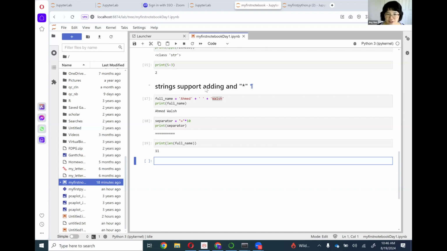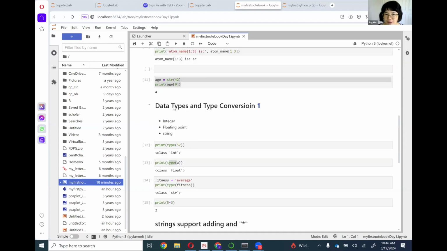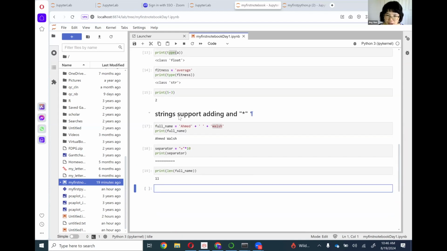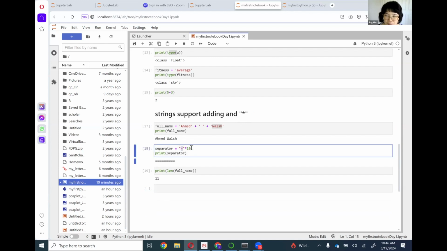All right, so before we talk about this, the session is about data types and type conversion. Let me minimize my little window. So there are mainly three types of data: integer, floating point, and string. We talk about strings support adding and multiply. If you want to repeat a string for multiple times, you can use asterisk. If you want to concatenate